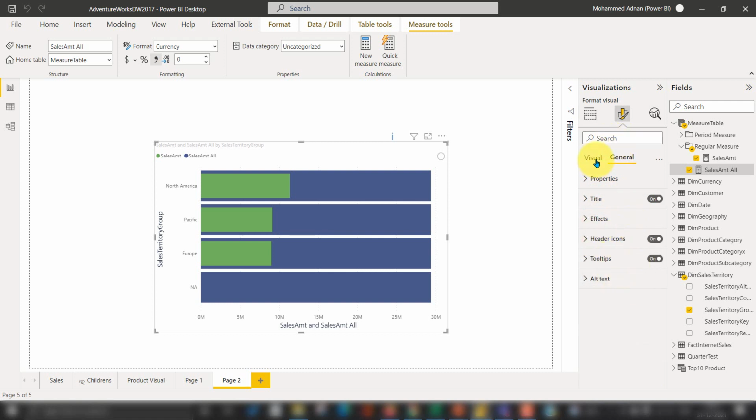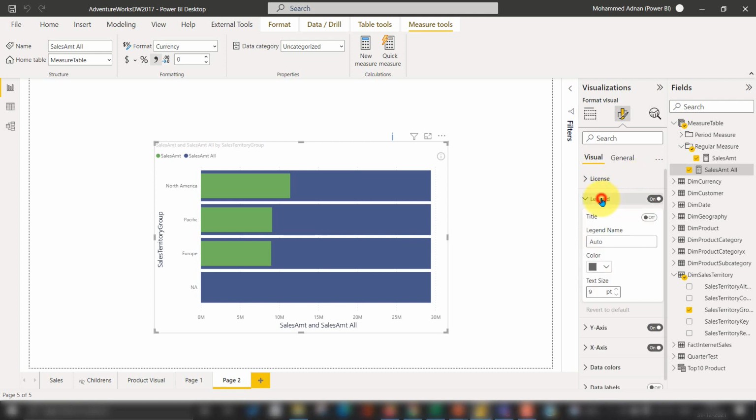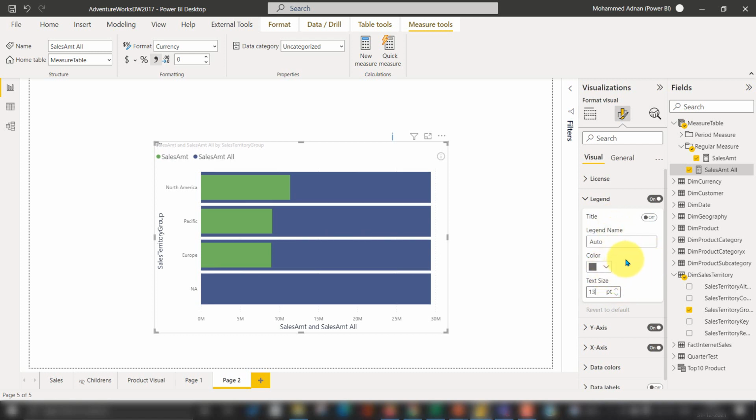This is all the regular stuff. So moving on to the visual here, first of all it is the license. We can add a license name and key. We can talk to them if it's required. And the next thing is the legend, which you can enable it here, and also we can change the size here. Okay, this is fine.